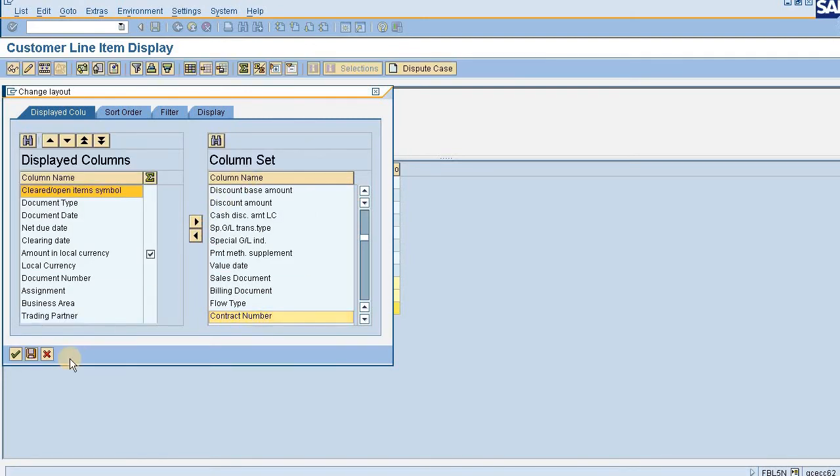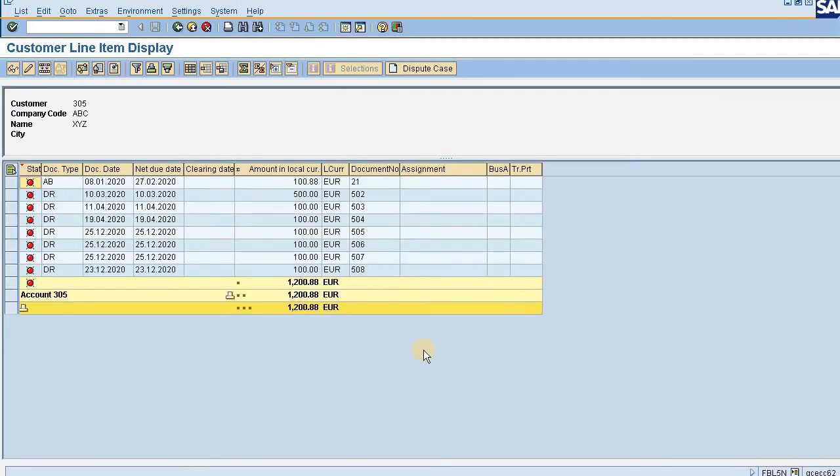Trading partner is also pulled up. Now I'll show you the report. Here I have pulled up assignment, business area and trading partner as maintained in the criteria of the automatic clearing.